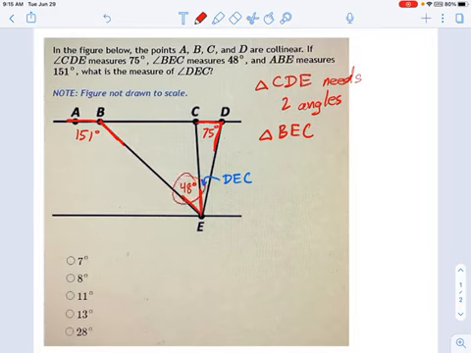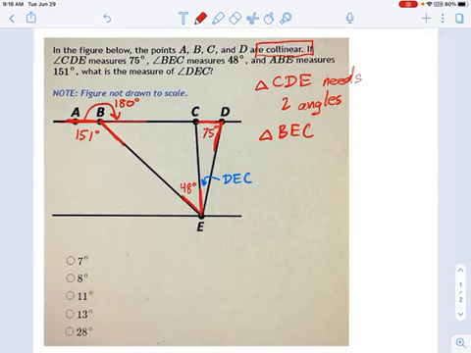It's that 48 degrees. So what am I left with? 151 degrees, right here. How can we use that? Well, if you remember, right at the beginning of the problem, they said A, B, C, and D are all collinear. That means this is a line right here. And if that's a line, it means it's 180 degrees. That's how far you go around when you measure a line. It's like a half circle.